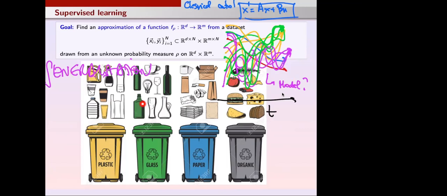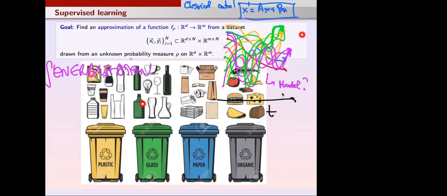It means that the next time there is a new item coming, you will not even check. You will not devote your time to discuss whether this coupon here is paper or plastic. You will put it in the machine, and the machine will simply allocate the destination of this coupon out of the nonlinear function that has been given.